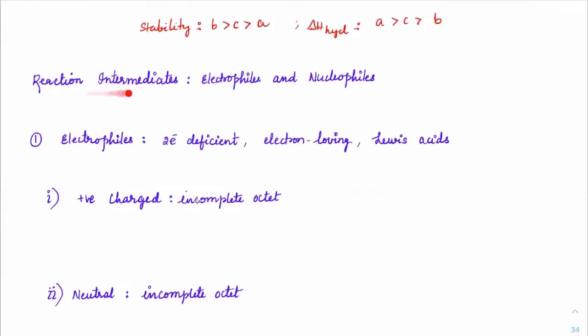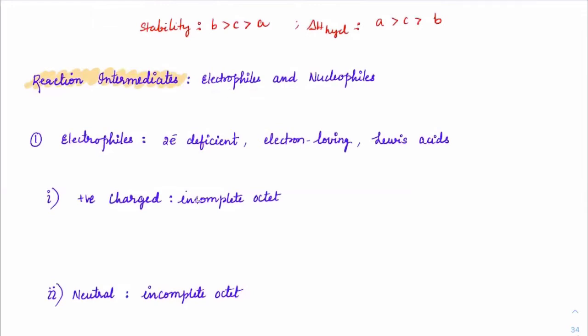This is about reaction intermediates. So the next topic is about reaction intermediates. Basically, during the reaction, we will get certain intermediates and we name them. Some of them are called electrophiles, some of them are called nucleophiles. In fact, we use these electrophiles and nucleophiles as reagents also. Reagents means the agent which will decide the product. Understood? Suppose there is a double bond on which you are adding H2. So H2 will decide the product. So that's why H2 can be called a reagent. Like that, electrophiles and nucleophiles can be formed as intermediates, or they will act as reagents in the reactions.